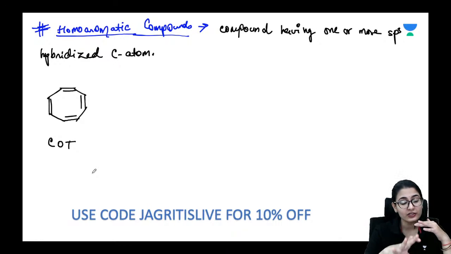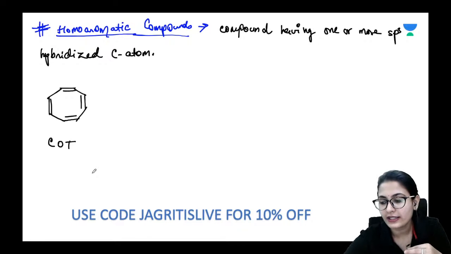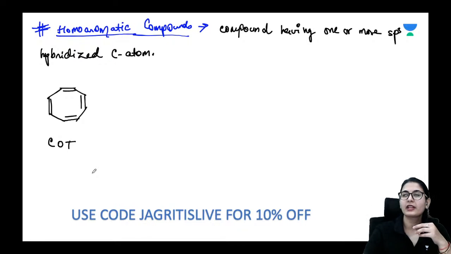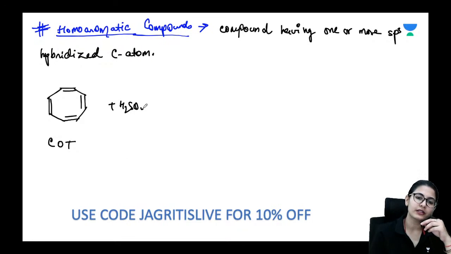Actually, this molecule is anti-aromatic. Yes or no? This molecule is anti-aromatic in nature, isn't it? Yes. So if it is anti-aromatic, what can we do about it? We can add sulfuric acid to it. Let's see what happens. What will sulfuric acid do? There is going to be H plus. One of the pi bonds is going to attack the H plus, and then